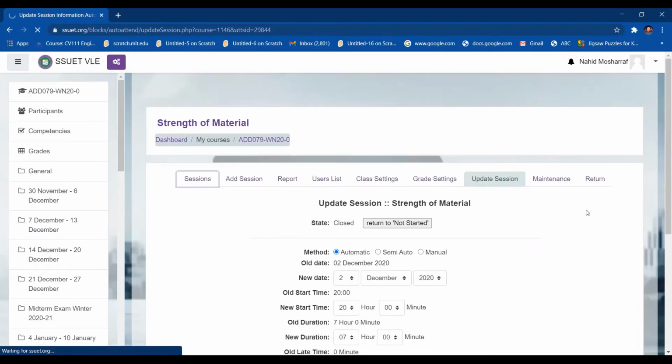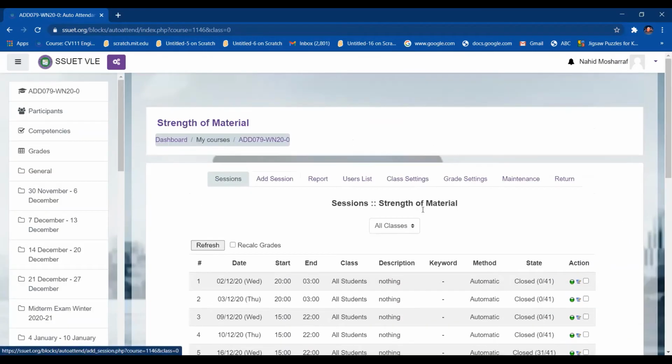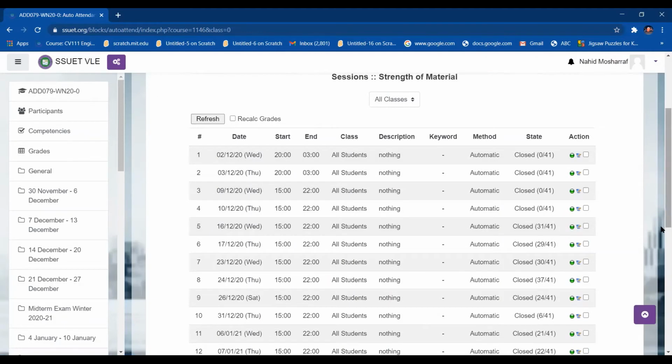For example, let me go into the sessions. These sessions I have created from add sessions, and I have created all the sessions in a single addition of sessions. And when I took extra classes, for example on Saturdays when I don't have classes, I created this session separately. So it will come in the middle of the sessions as well, so it can easily be arranged.